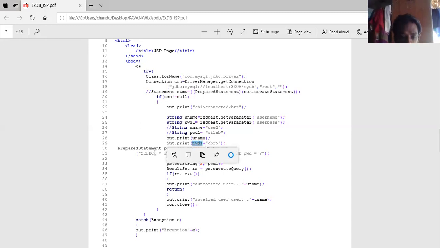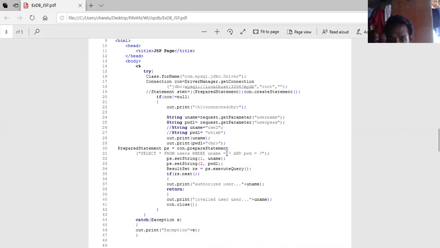After this, this is step 4: prepared statement. PS is equal to con.prepareStatement, select star from users where username equals question mark and password equals question mark.